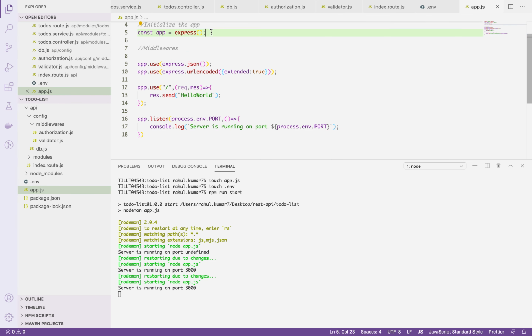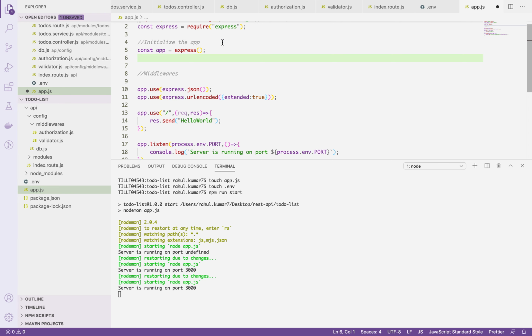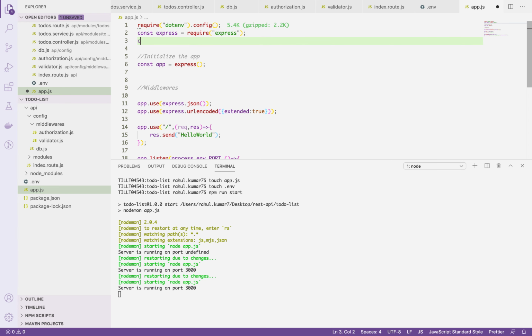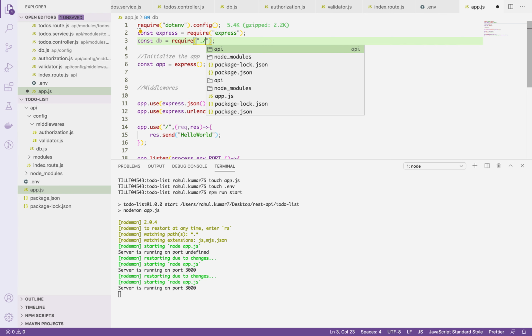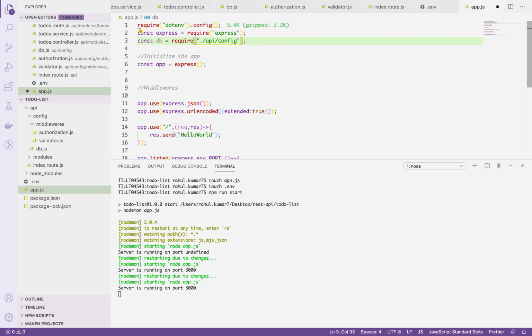So here, not here, here I will import this: db equals to require API, then config, then db. And then we can set this db connection object on the app so that we can access